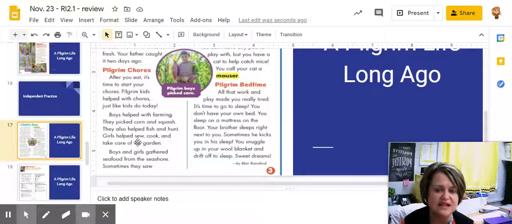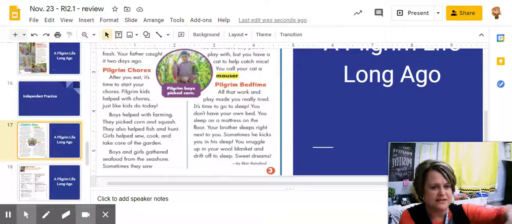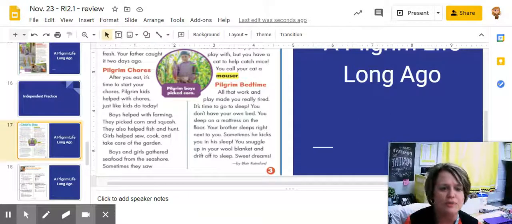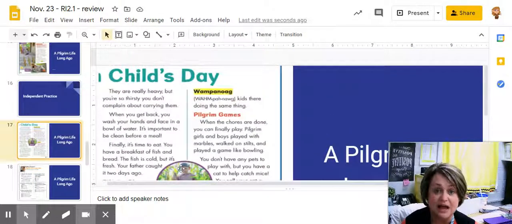So this is not the SOW, like I'm going to sow out the seed of corn. This is the SEW, like I'm going to sew my garment, my pants, my shirt. Boys and girls gathered seafood from the seashore. Sometimes they saw